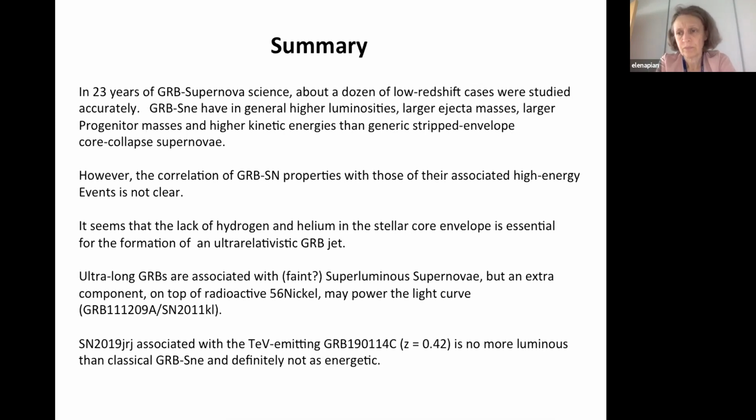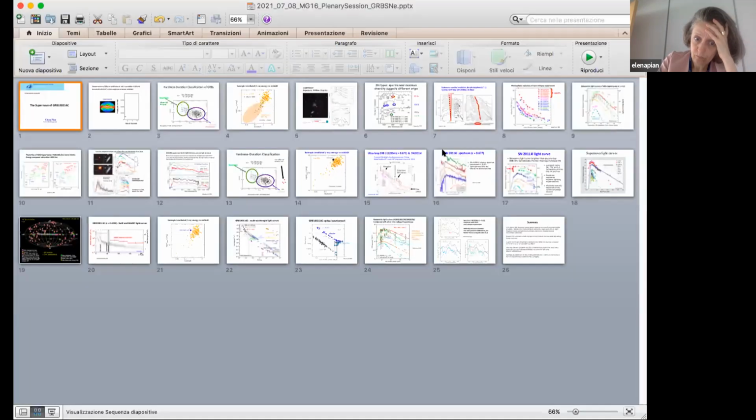Beautiful talk and so rich of information, also presenting the problematic which is clear between GRB and supernova, which appear diametrically opposite, in the sense that the supernovae, the more we look at them, and we will present tomorrow 25 cases, including GRB 190114C, they are practically the same peak luminosity, all 25 associated with the GRB.